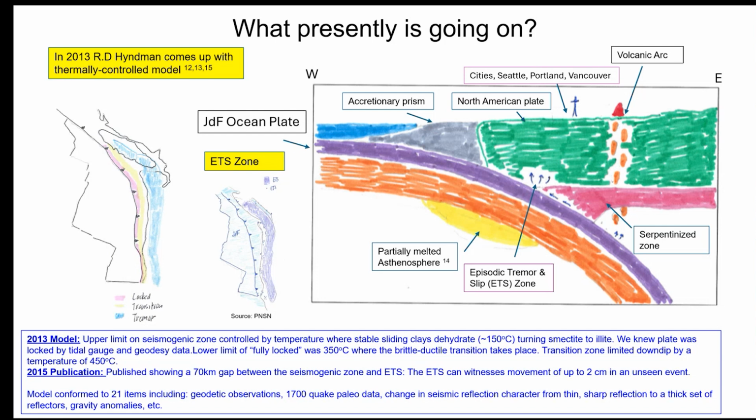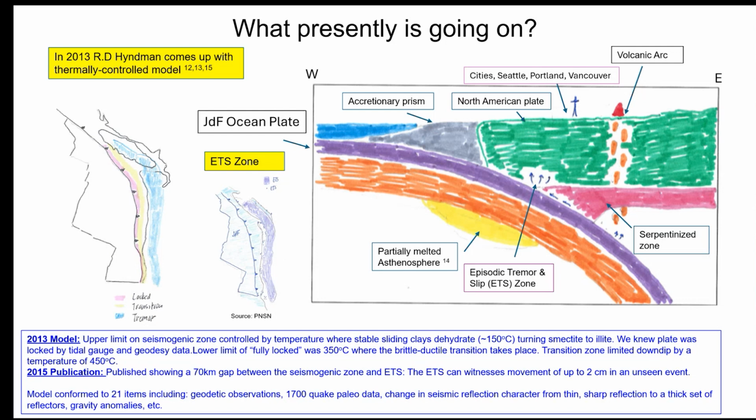First version was in 2013, and it's amazing his maps hold up today. Twelve years later, we have much better data, but they're still holding up fantastic. What he saw was basically that once the plate got to 150 degrees, it would probably lock, because the water-bearing clays, which is smectite, would move to illite, which would not move on the plate. And then it would stay locked essentially till it got to a depth and temperature of 350 degrees Celsius,